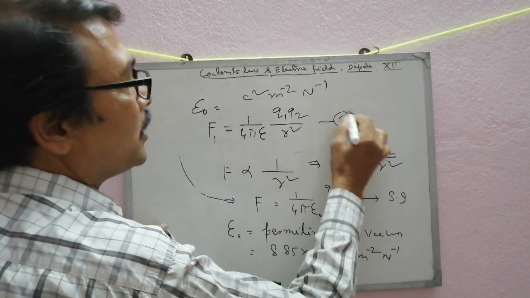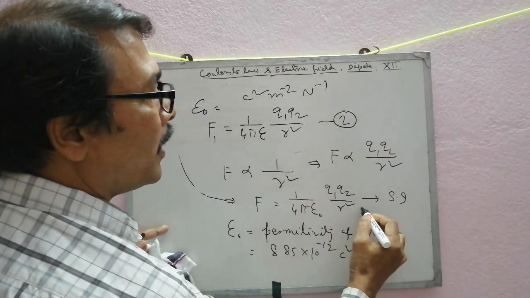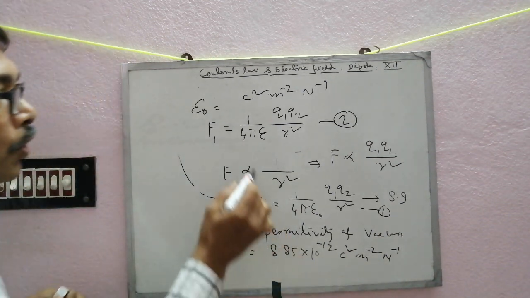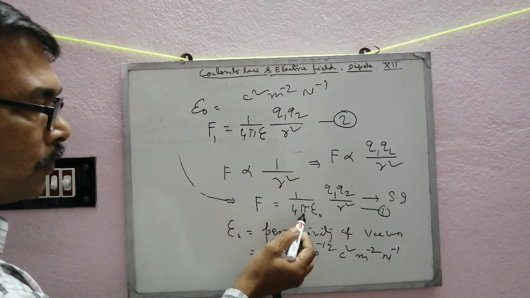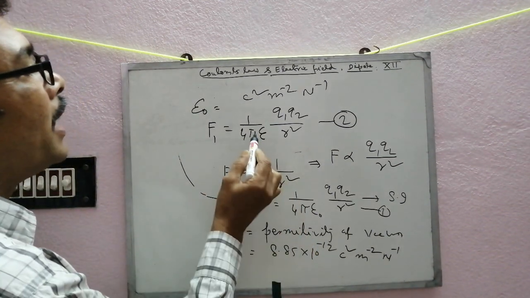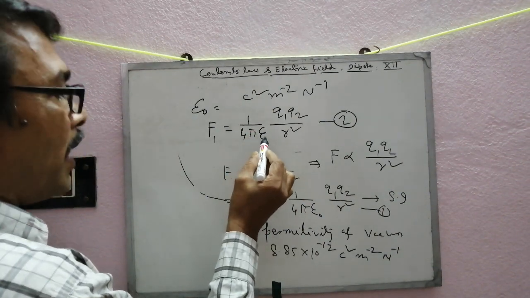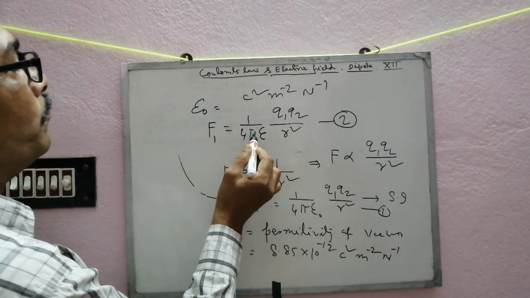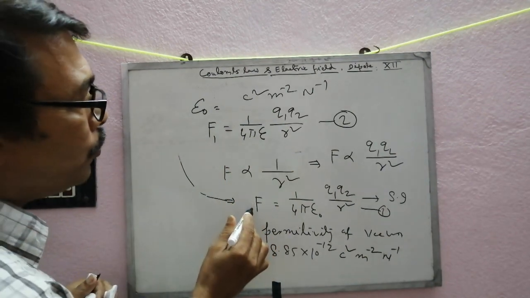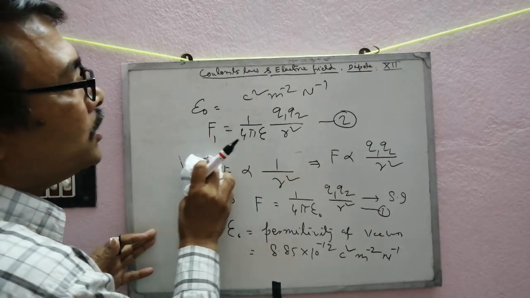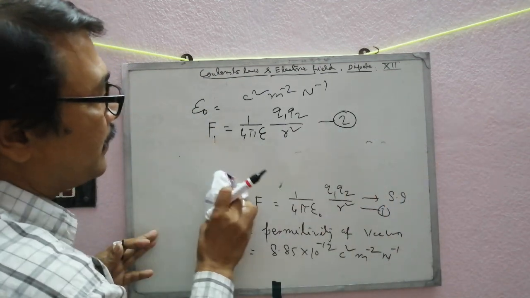This is equation 2 and the earlier one is equation 1. This equation is for vacuum and this one for another medium. This epsilon is the permittivity of the said medium. From these two equations, we get